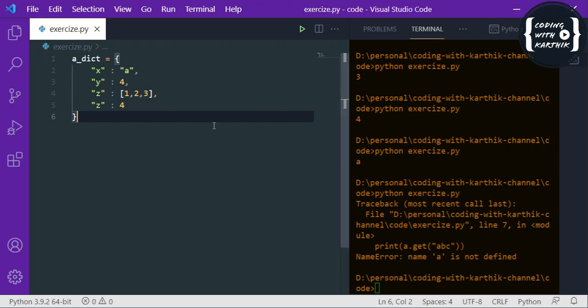So here I have defined one dictionary with four items, right? But before that, a dictionary is used to store key-value pairs, which are enclosed in curly brackets. Let's discuss the properties of a dictionary first of all. First of all, a dictionary does not have duplicate members, it is changeable, and it is ordered.